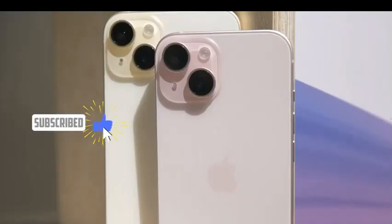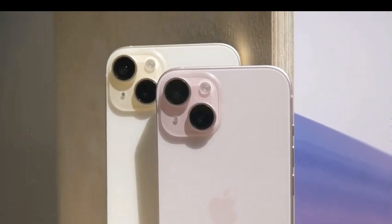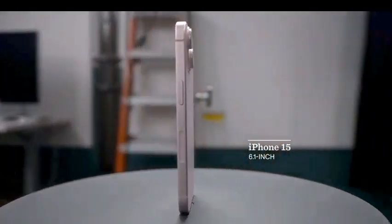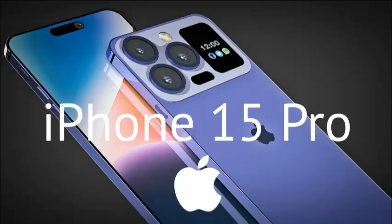The back glass is now a single piece for a cleaner design, and the corners are gently curved for a more comfortable grip. The bezels are also slimmer, showing that the iPhone 15 Pro Max is a modern piece of technology. And another interesting thing about this iPhone 15 Pro Max is its ability to capture a structure or image